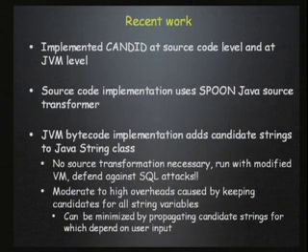The original paper describes the CANDID implementation at the bytecode level, but since the transformation was extremely simple, we implemented CANDID both at the source and JVM levels. Each of these levels has its own advantages, and for instance what we did with the JVM was to have a candidate string for every string in the program, not just user inputs. Now the advantage of that is that you can run your web application over this instrumented VM and not do any changes to the original application. So all you do